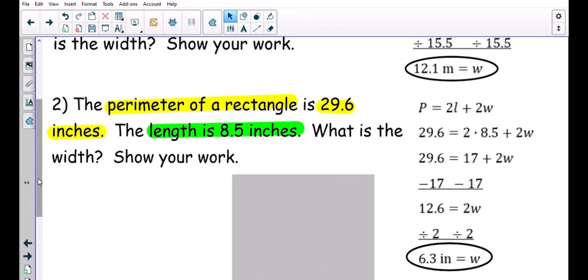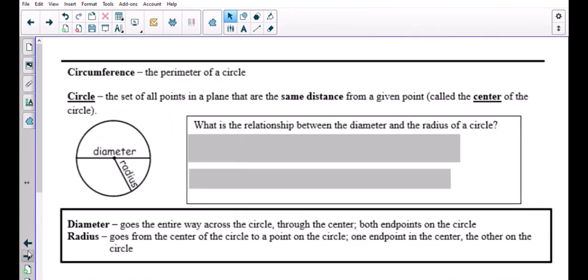All right, so we've talked a little bit about rectangles, both perimeter and area. Our next shape is circles that we need to talk about. A circle represents the set of all points in a plane that are the same distance from a given point, which is why when you use a compass to create a circle, you have that pointed part that you usually stick down on the paper, and then wherever your pencil or pen is, that's going to be the same distance away from that center point. So it's all the points that are the same distance, or equidistant, from your given point, which is called the